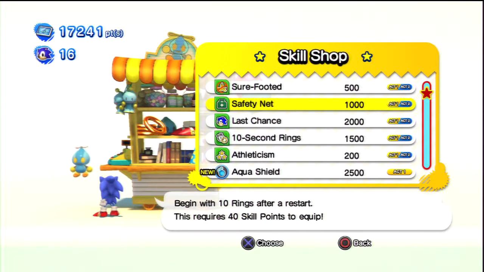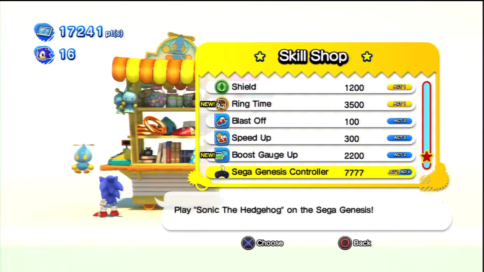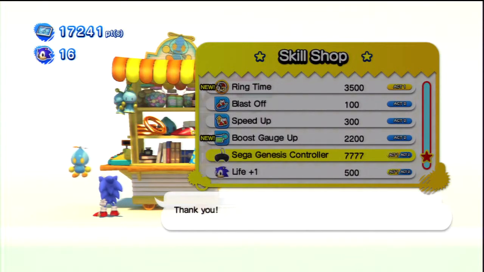This is the skill shop. You can use all the points that you collected from levels and everything. You can buy these skills here. I'm not going to be buying these skills. I think the only thing I'm going to be buying is a Sega Genesis controller. The Sega Genesis controller, if you buy this,